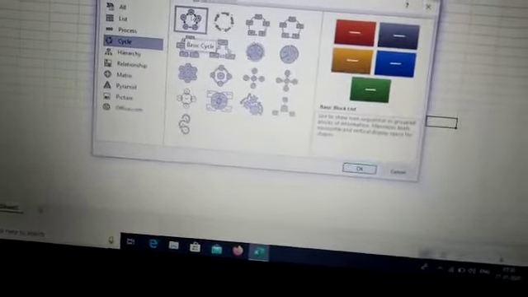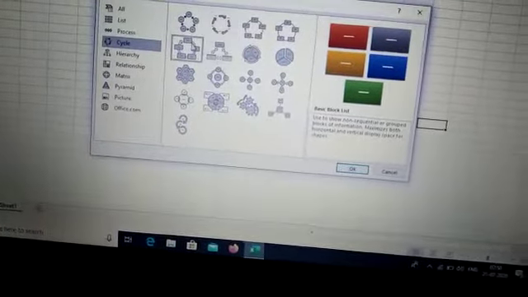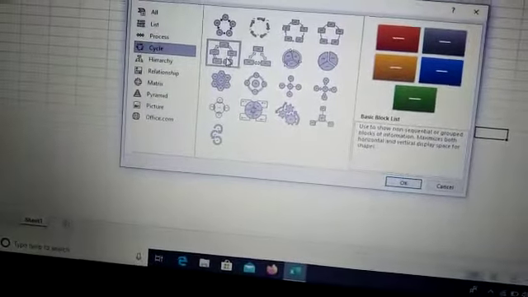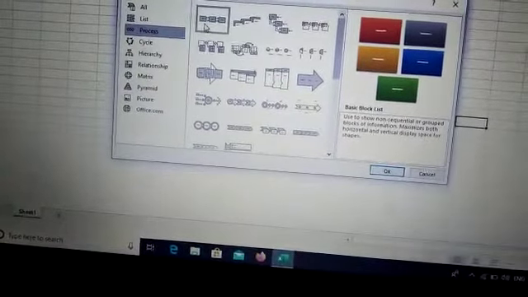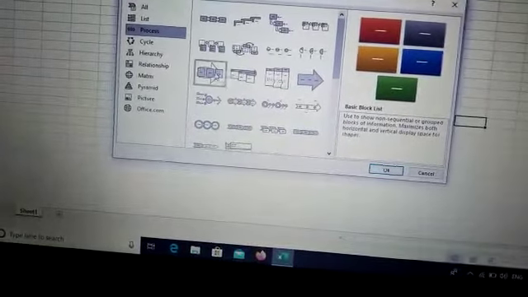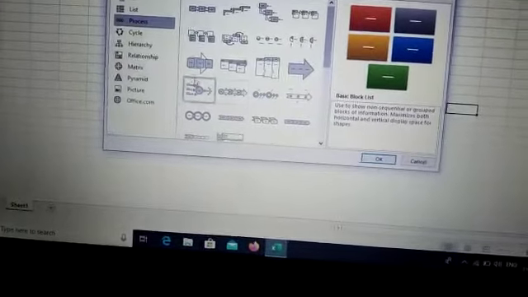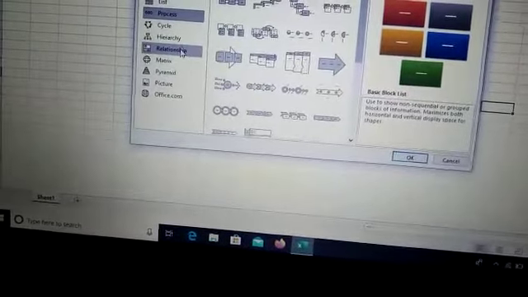You can add different types of flow charts also. In the cycles, you can see the cycle. You must have read about the nitrogen cycle, oxygen cycle. You can make them with the help of these, because the text placeholders are also there. What you will write, you will decide. Similarly, if you want to show any type of process, the first step, the second step, the third step, you can see here. So you can insert your text according to that.